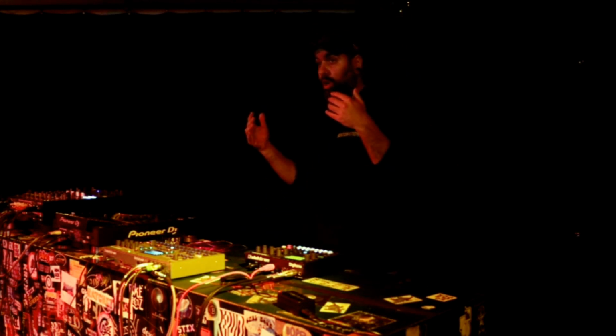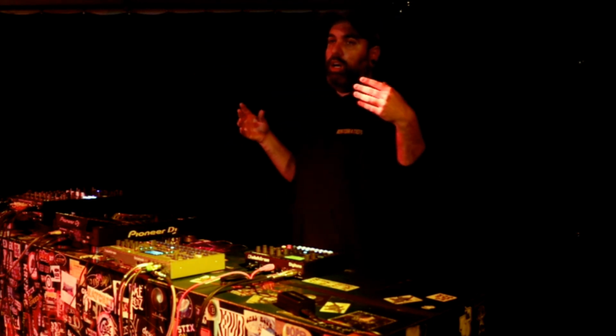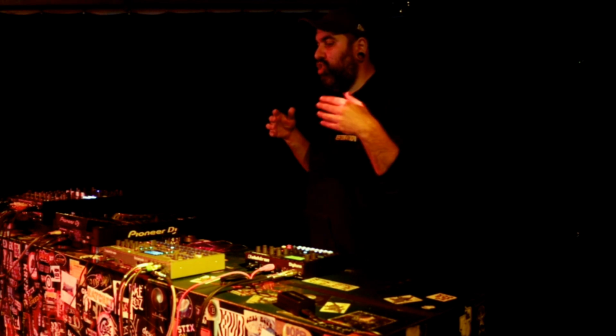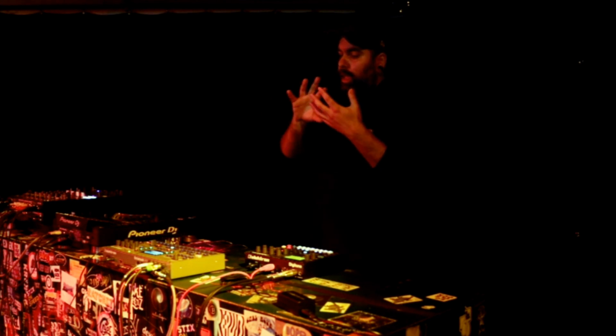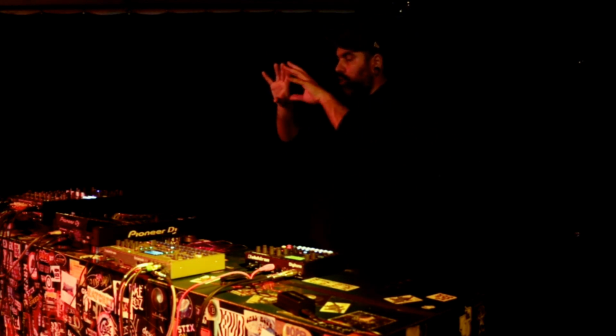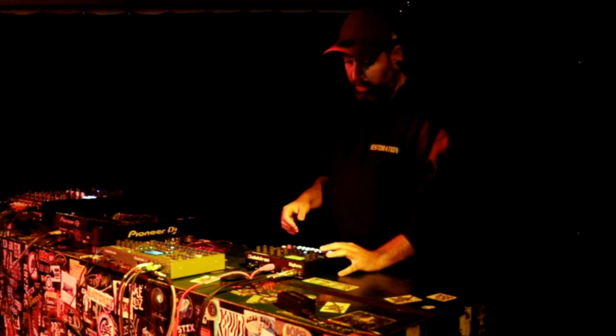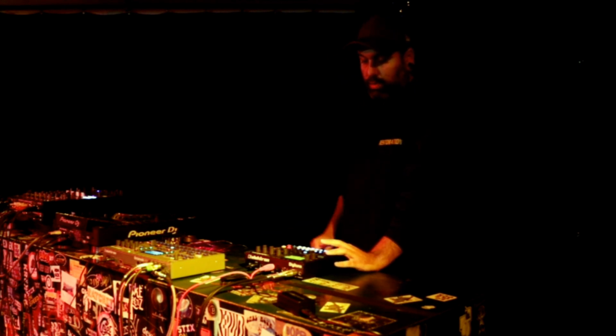with a higher ratio and increased index, so increased value of modulation, the FM synthesis degenerates quite fast into noise. So it's also interesting for creating instruments that are in the noise range of the spectrum, like for example cymbals or hi-hats or something like that. Now we are just going to listen to